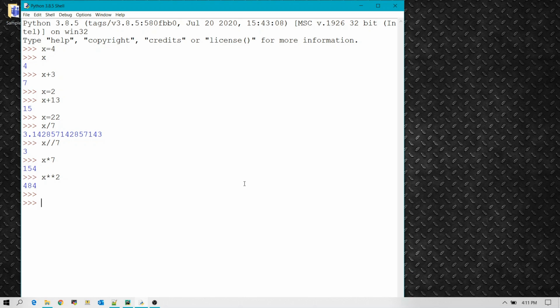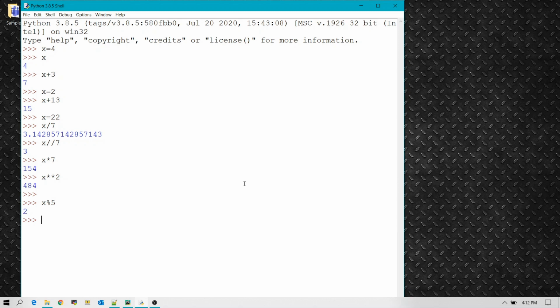Now let's say we want to get a remainder of a value when we are dividing it with some other number. So let's see how we can do that. We'll write x followed by modulo, which is a percentage sign, and then followed by the number with which you want to divide it and get the remainder for that. So for this I'll be using 5. So let's see, we should get 2 as a remainder, and there we have it.